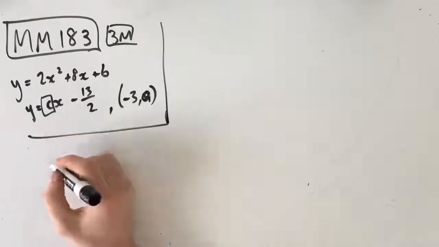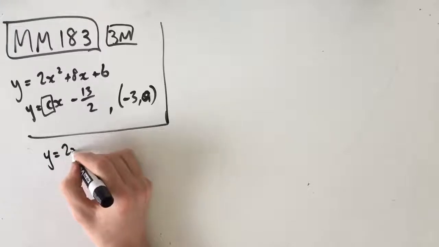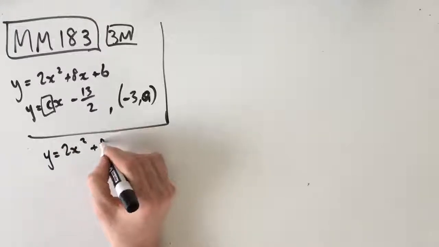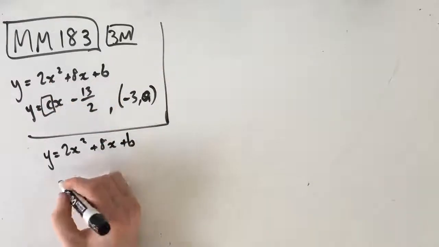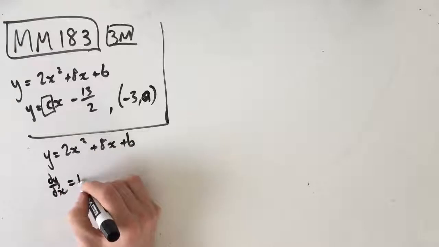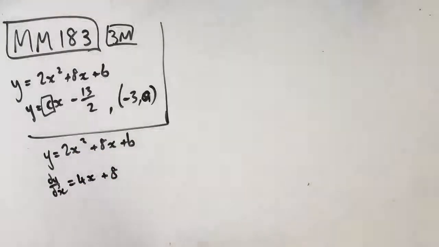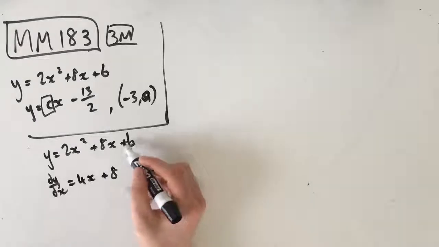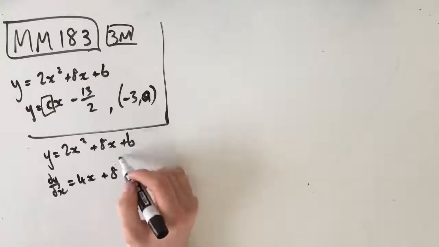So we know that our original function, I'm just going to rewrite this, is 2x squared plus 8x plus b. And the gradient at any point on this graph is equal to dy dx, which is 4x. So that 2 comes down and take 1 off the power, plus 8. Awesome. Now, the good thing here is that we've actually eliminated this b for now. So we're not going to have two different variables in this equation because the b just turns to 0